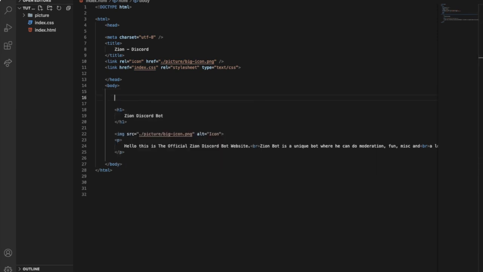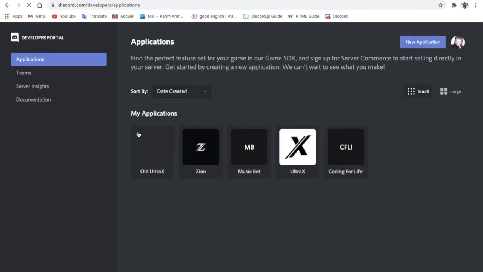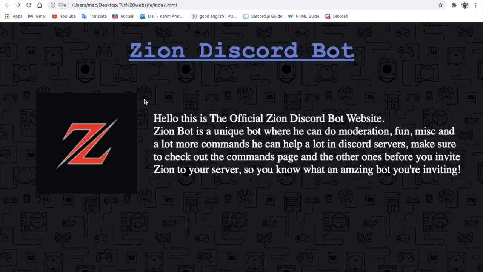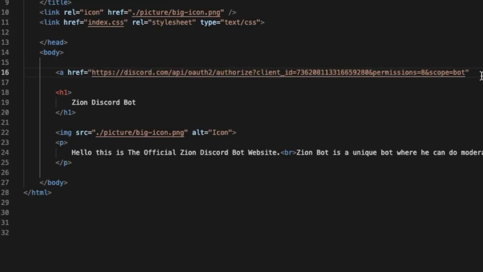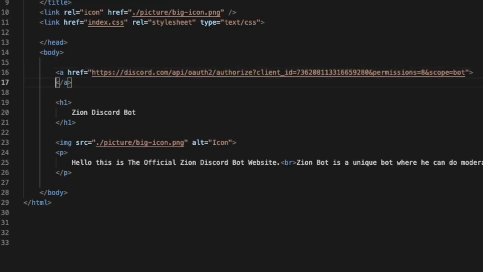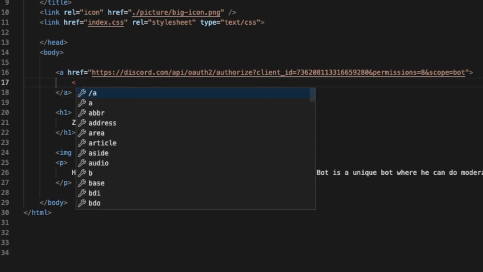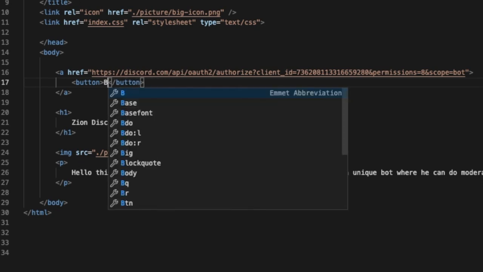So it's pretty easy, just add an A and then href. Here let's put the link, so let me go to my bot invite link and now back to here. If I copy it like this, nothing will happen. That's amazing. Okay, now if I did this here and typed button, okay, and typed here invite or bot invite,